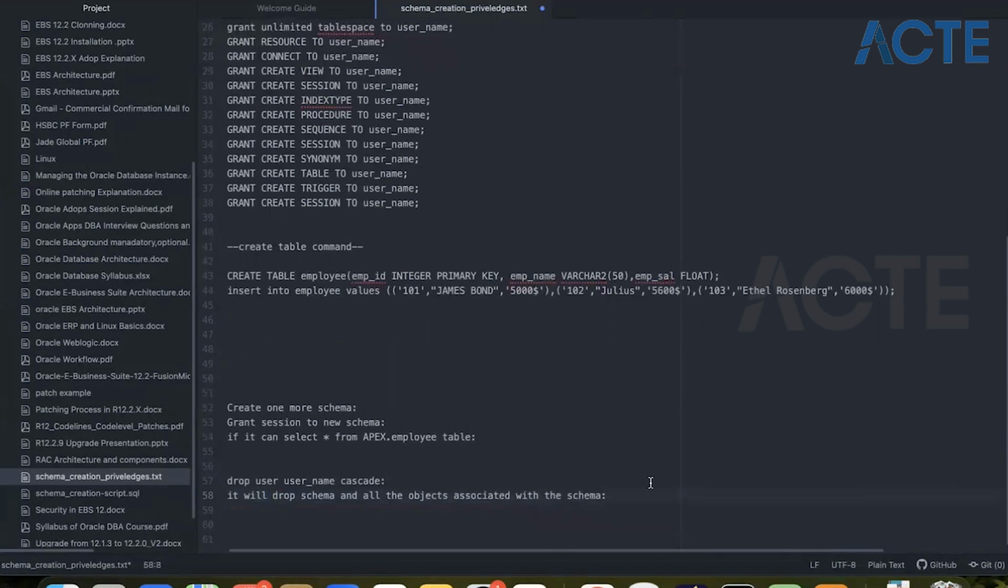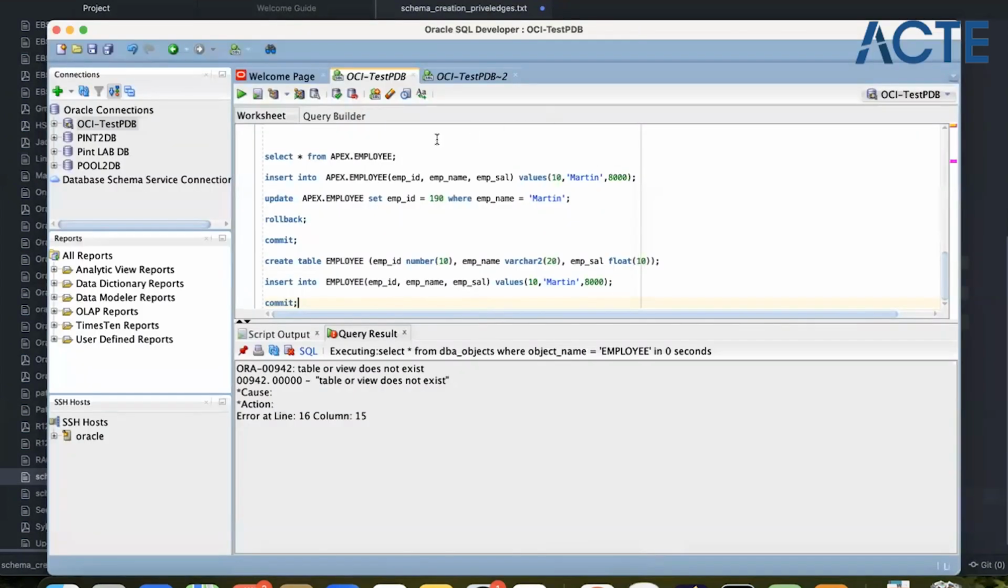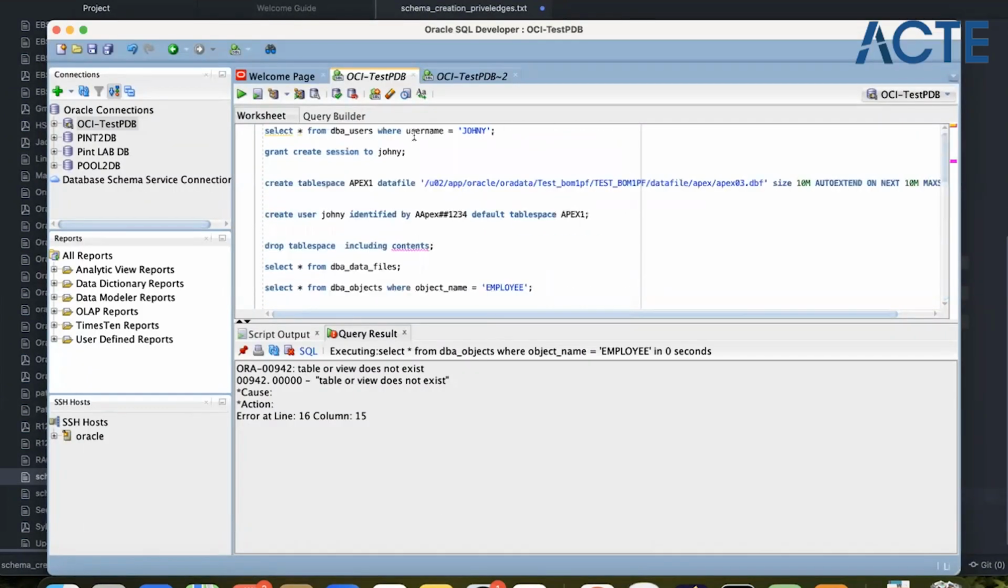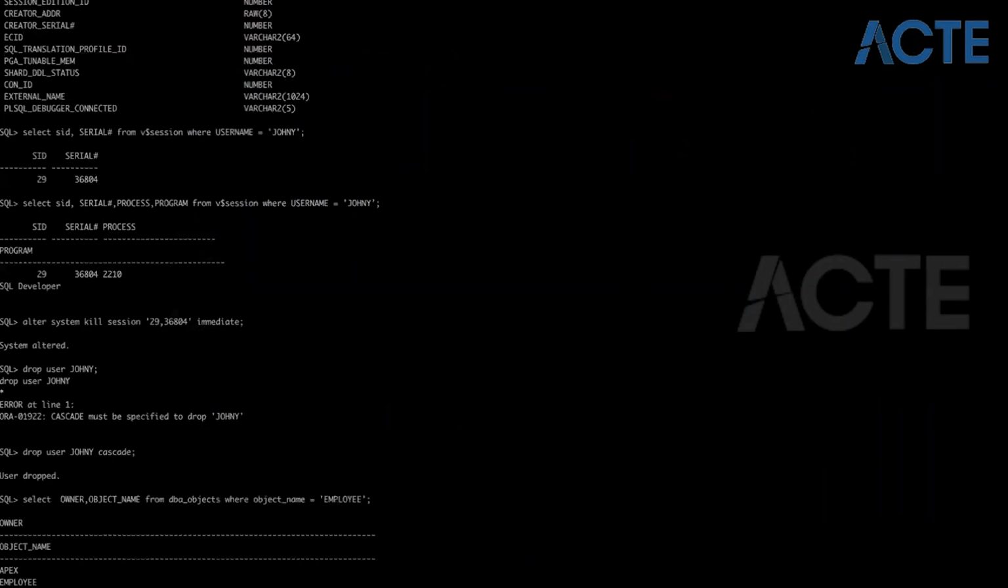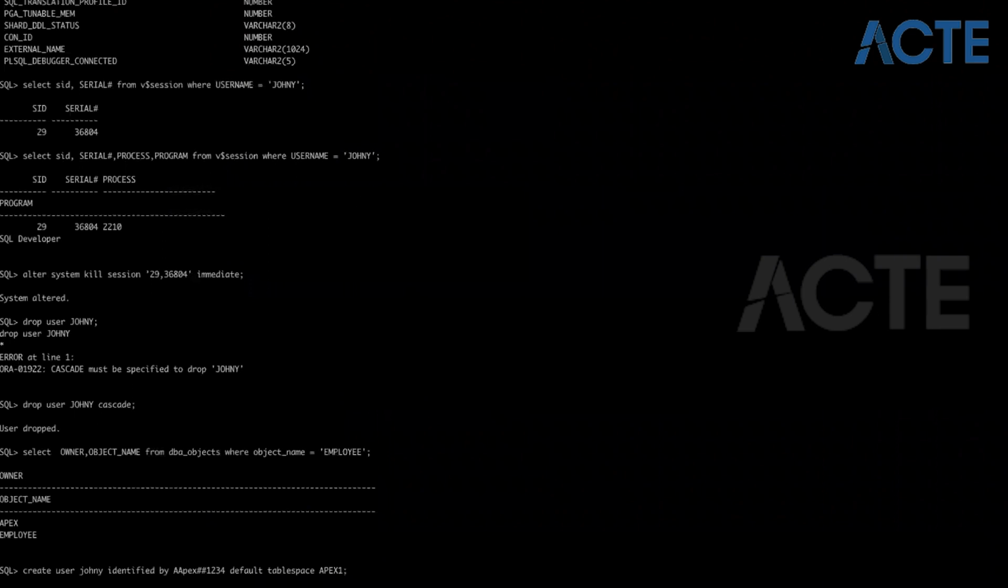Can I create an object? For example, now I'm again adding one more user. I have created one more user and I'm giving permission: grant select on apex dot to